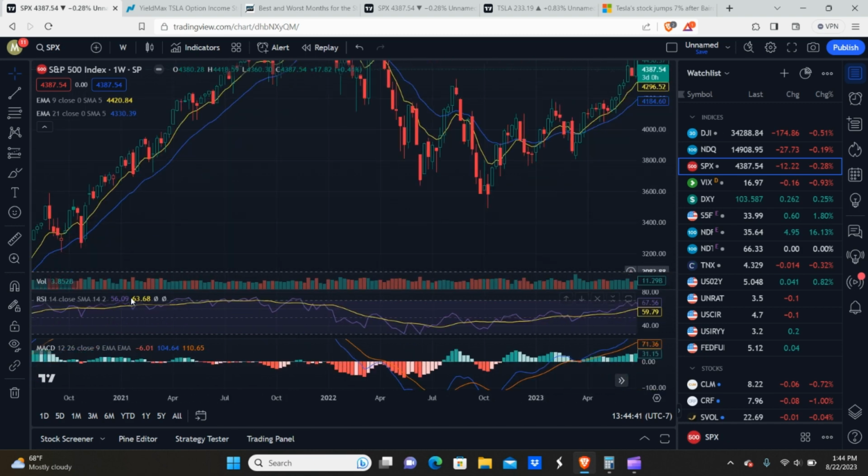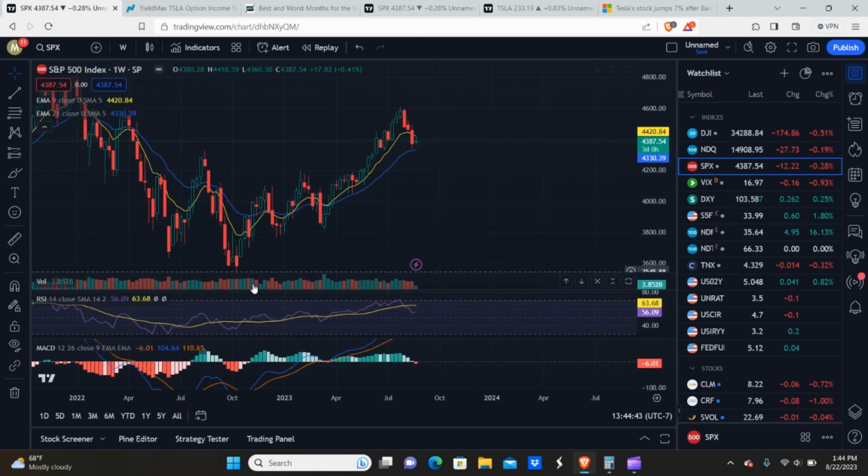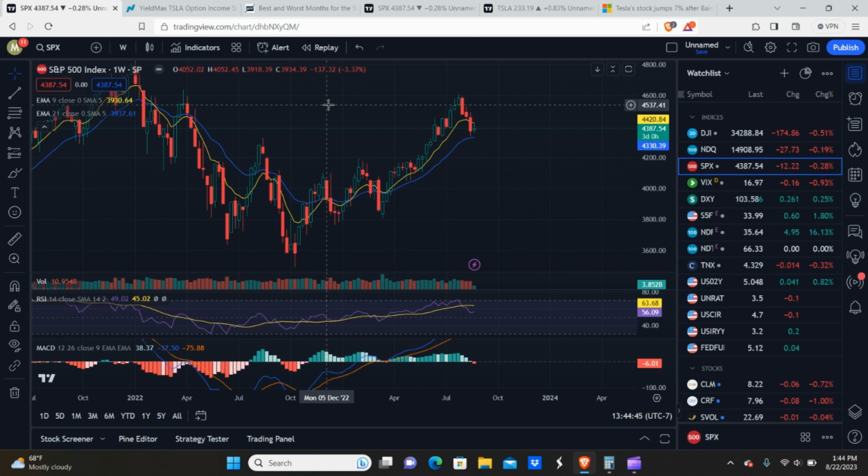Okay, so history does actually support this theory that August and September, as I've been telling you guys, are the most bearish times of the year and also a great time for investors to pick up shares on the cheap and increase their income and potential profit. So that's the third reason. The fourth reason is because